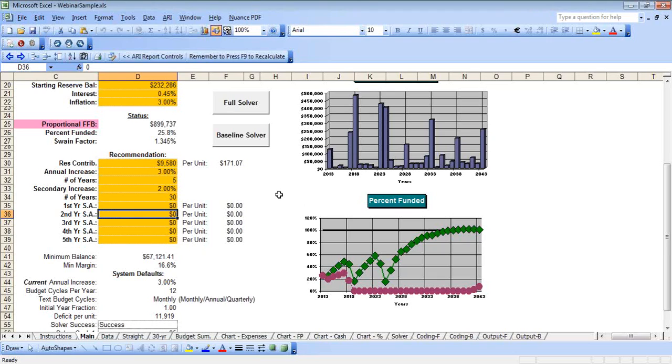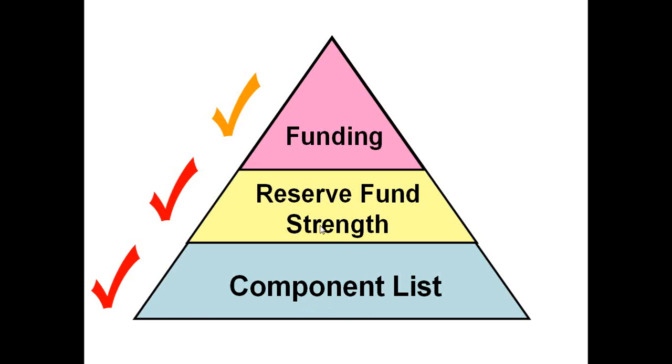I'm a strong advocate of the cash flow method, pushing our association clients towards being fully funded and advising them to stay away from baseline funding. The lower reserve contributions are not significant, and they drop the association into special assessment risk that just isn't worthwhile. So let me get back onto the PowerPoint,